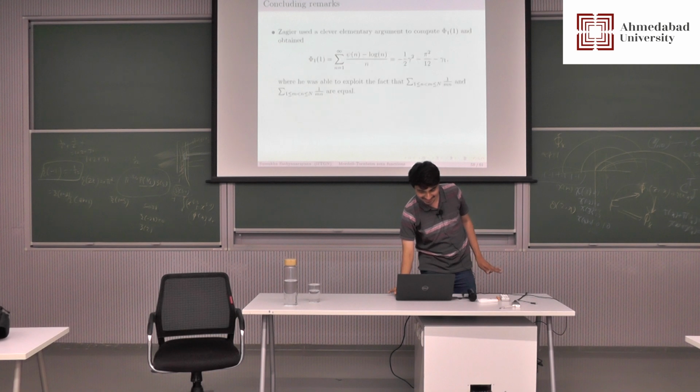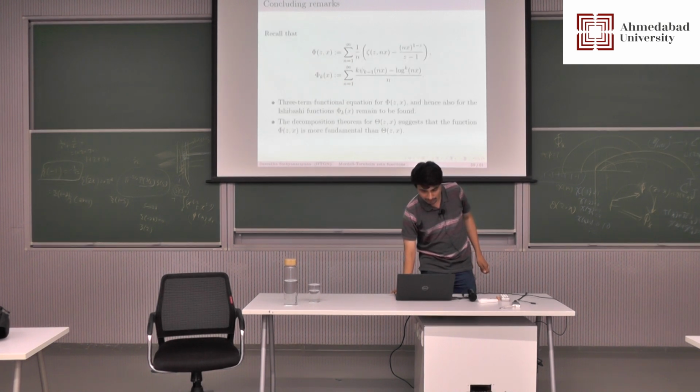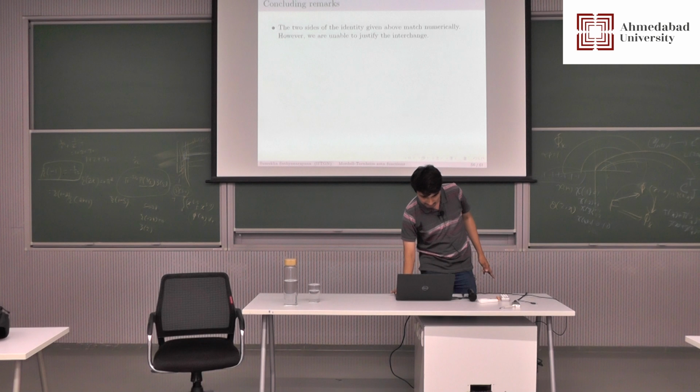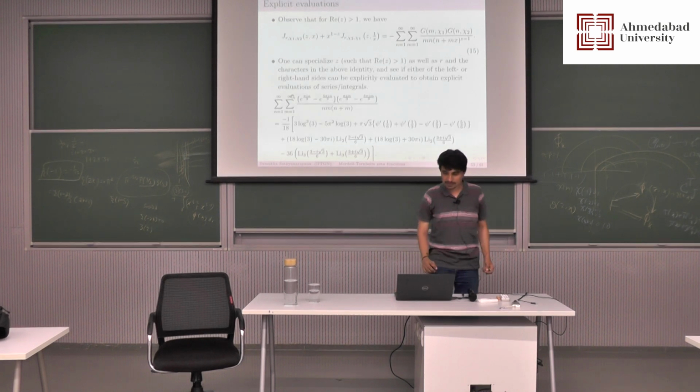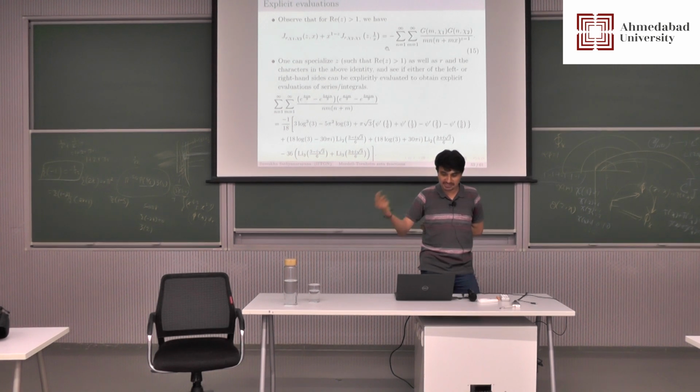There are some concluding remarks, but the interesting fact was in the second part, connecting these two and explaining the x, and actually we can get a lot of other identities. For example, I will show you one. Now you have this, right? Fix some character chi1, some character chi2, some r, and assume